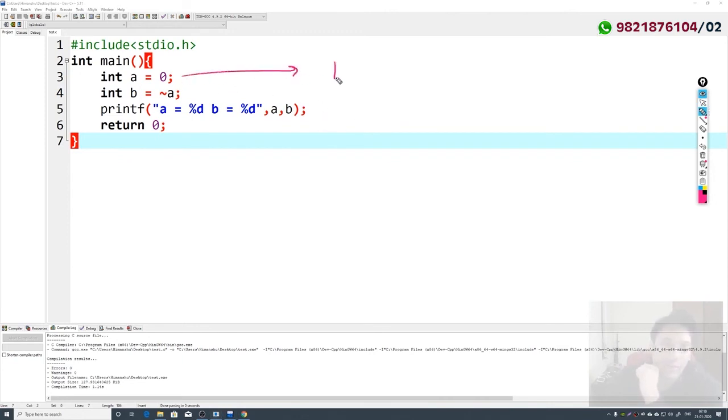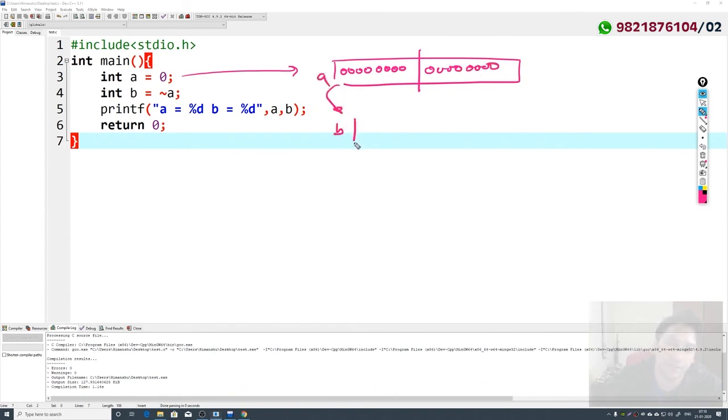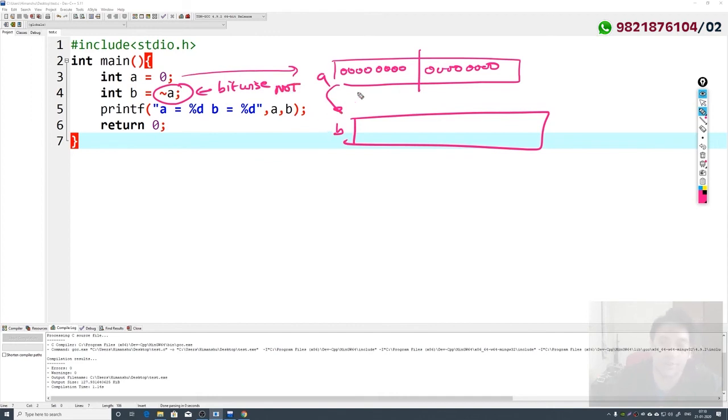How will this A be stored? Let me explain with the help of two variables. If I assume that an integer is of 2 bytes, in that case this A will be stored like this, all zeros, and this variable B will be stored as all ones, because this is a bitwise not, so all these bits will become 1.